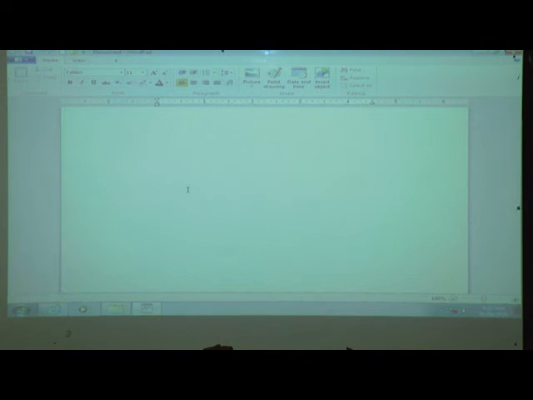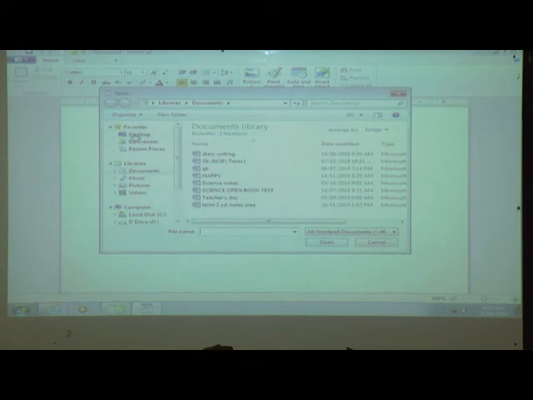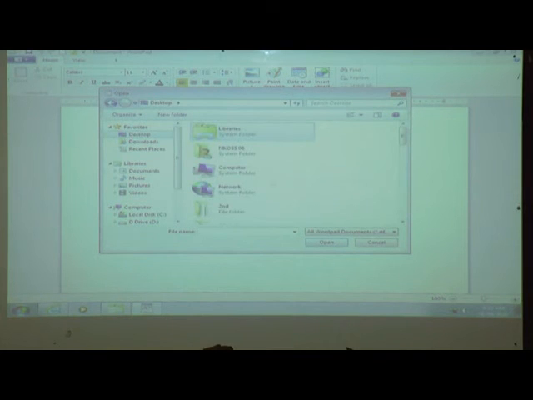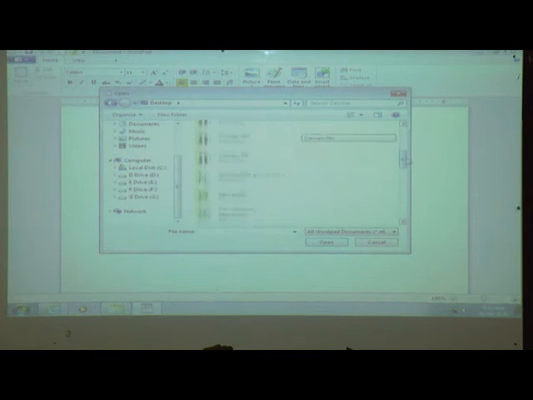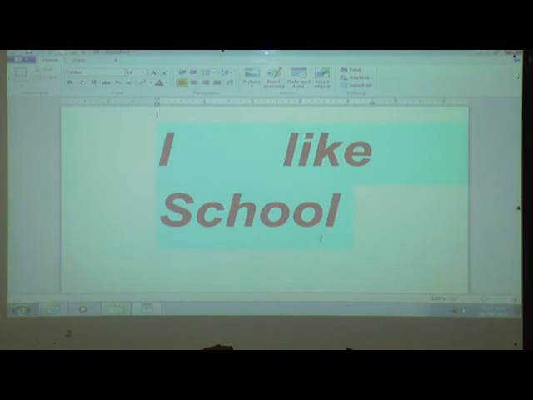What is the name of this file? 24. How to open this? It is useful for opening an already existing file. Then click. Where is our file? On the desktop, and then click 24. Okay, the 24 file is open.